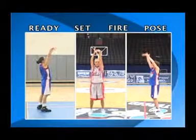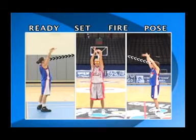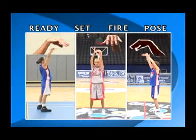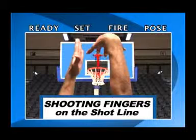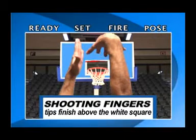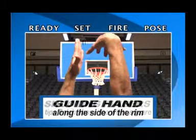Pose. Freeze your follow-through and check your shooting sights. Both arms extended, shooting wrist fully broken, shooting fingers on the shot line above and pointing down into the goal. The tips of those fingers finish above the little white square. Non-shooting hand